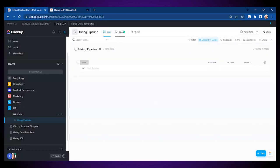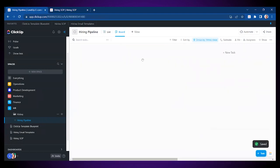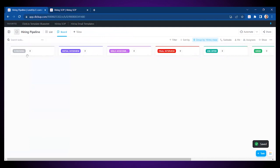Once the hiring stage is done, I like to visualize that process in the board view, where I group by the custom field that I've just created instead of status. This is a great way to visualize the process because it flows from one column to another. As a rule of thumb, make sure that you keep the number of dropdown options for the stages